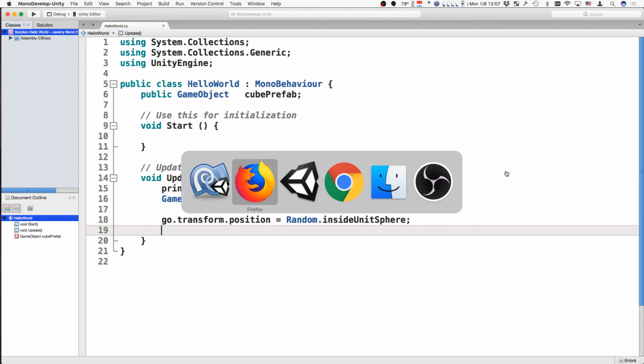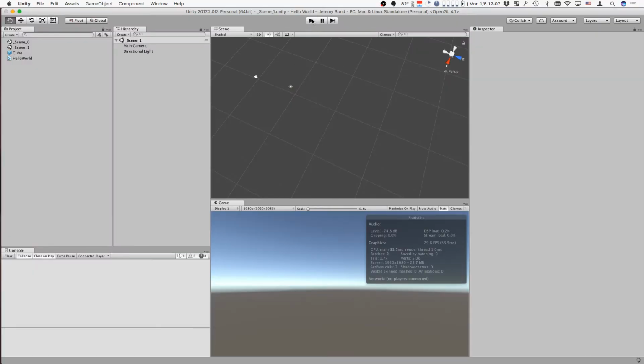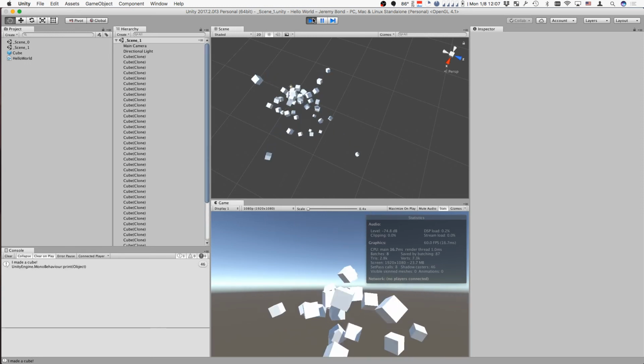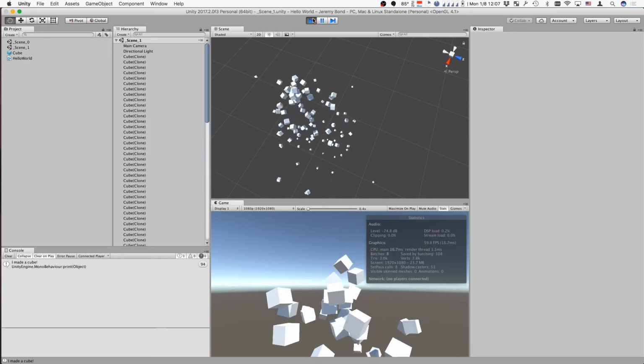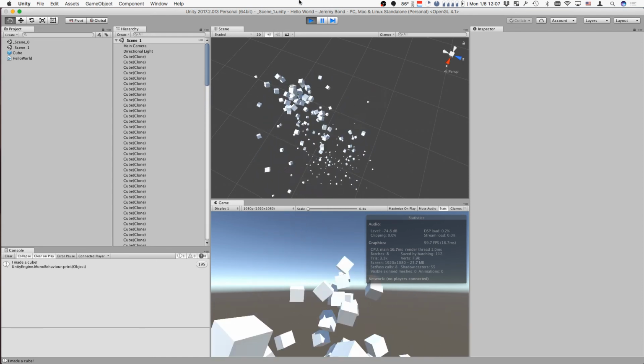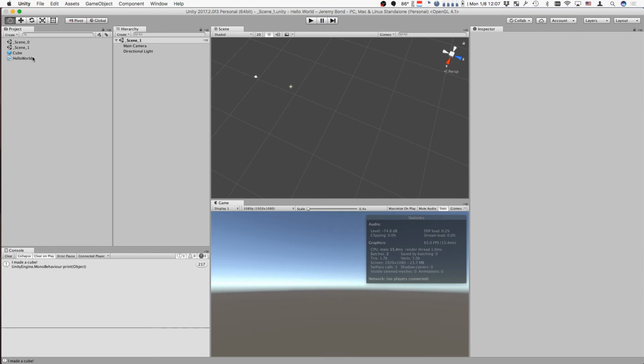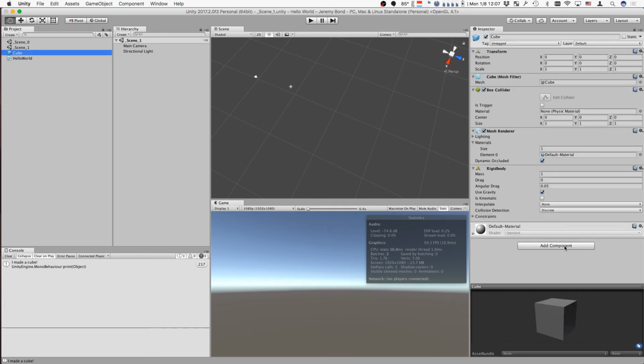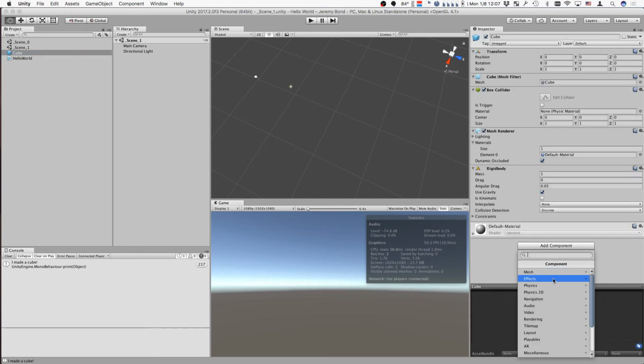And so if we save this and run it, you can see that it gives a little bit better effect because they're not always colliding in the same way. It gives it more of a kind of waterfall effect and a little bit less actual velocity given to things. Also, I can go to my cube here and I can say, hey, I'm going to add an effects